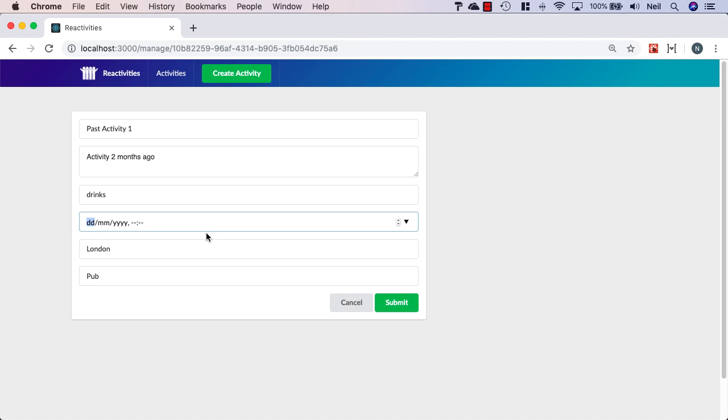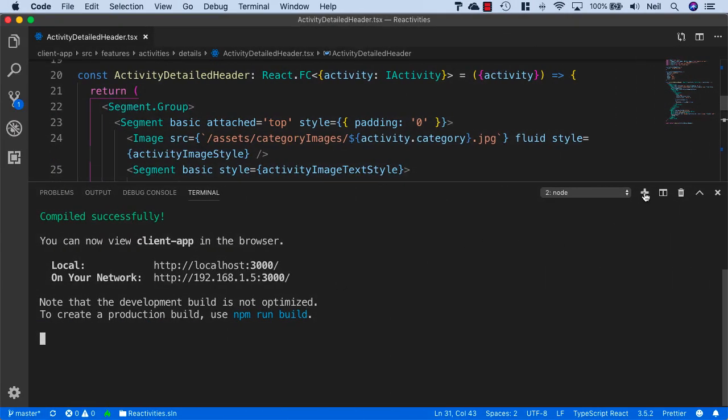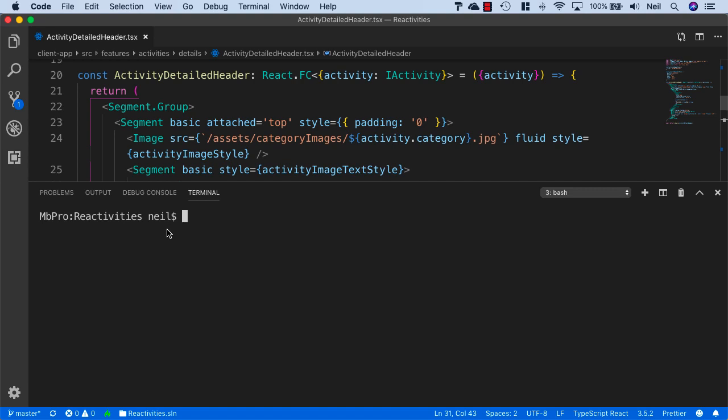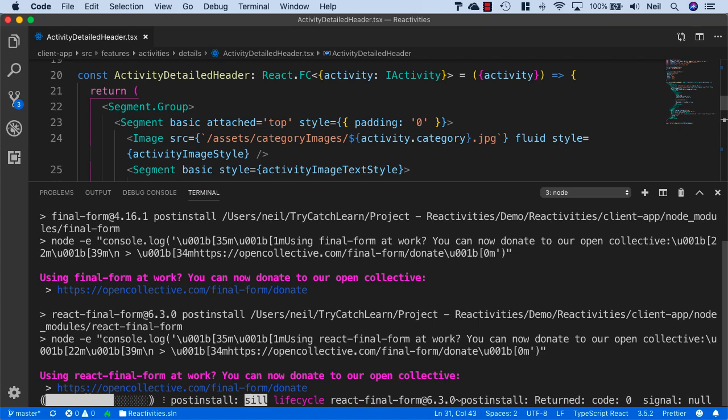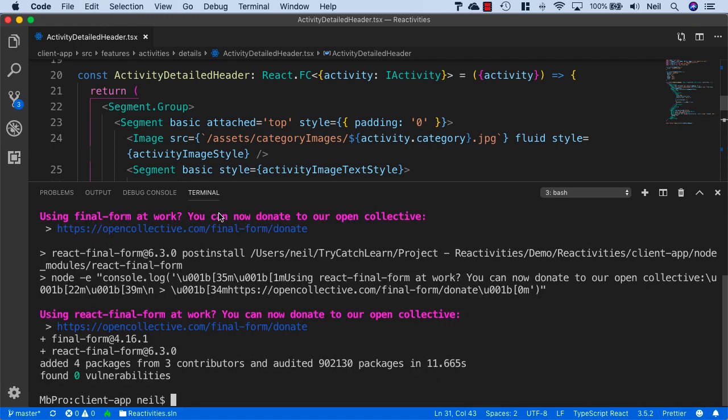But what we need to do first of all is get our form package installed into our application. So what we're going to do, I'm just going to open up a new tab inside my terminal window. I'll cd into the client app, and the forms package we're using is final form. So I'm going to say npm install react-final-form, and this relies on final form itself, so we'll also need to install this and press return,